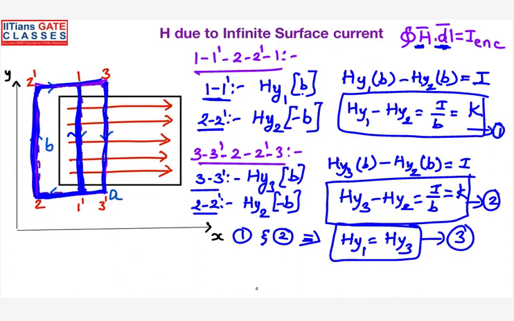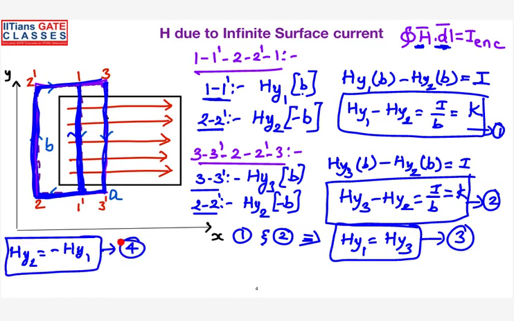And at the same time, I can say one more conclusion here. Whatever the magnetic field on the back side of the sheet, Hy2, the magnetic field on the bottom side, is equal to the magnetic field on the front side with a negative sign. Is my statement correct? Can anyone justify this? The magnetic field on the bottom side is exactly same as the magnetic field on the top side, because right now we have seen it is independent of the distance. But when you consider a magnetic field at the bottom of the sheet, I have considered minus Hy1. Can anybody justify this reason?